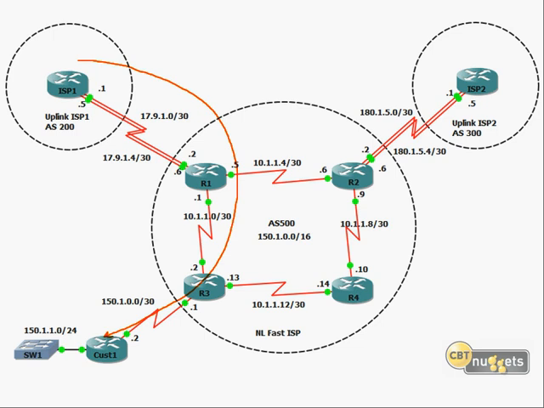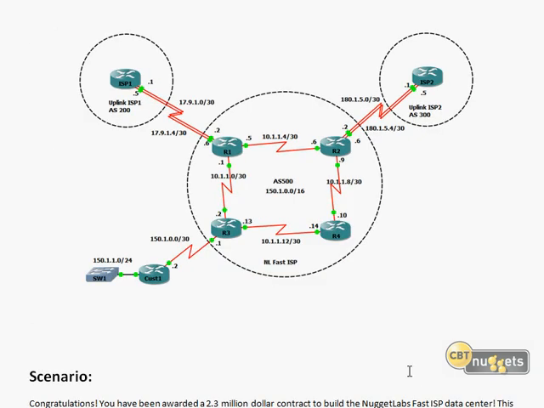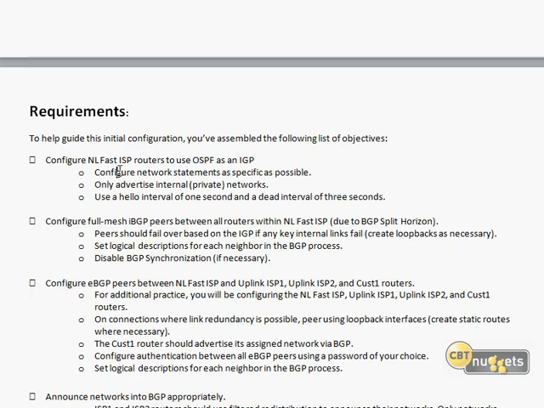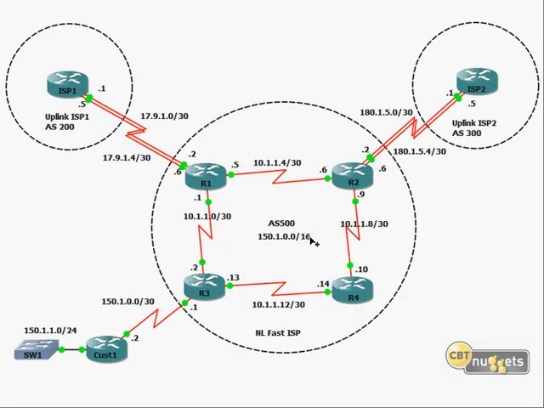So going back to our lab, we've got OSPF, so configure the network statements when you're running OSPF as specific as possible. Only advertise internal or private networks. Whoo, big deal there. You want to make sure that you never, and I talked about this 2 nuggets ago in our design of the ISP, you don't want to take the internet routes or your customer routes or anything and put them into your interior gateway protocol, because remember,